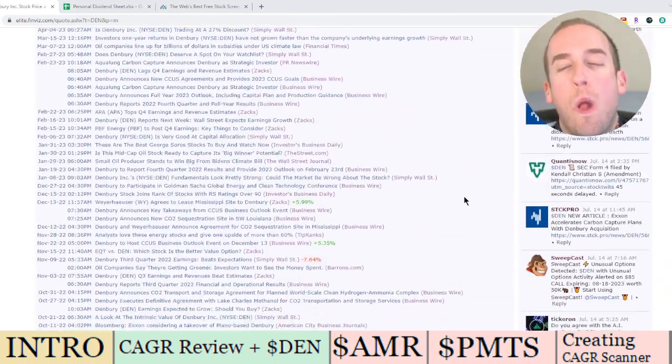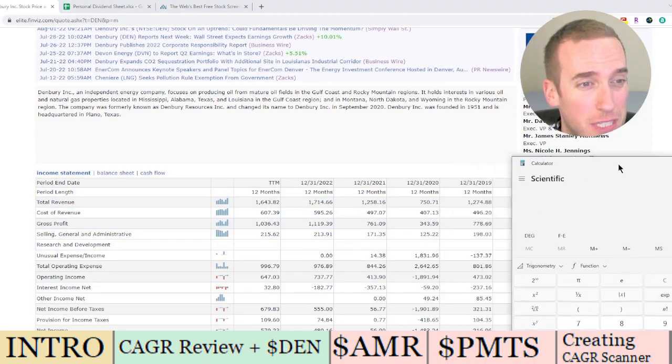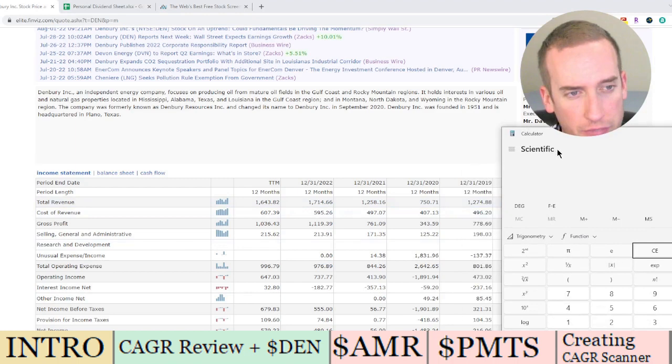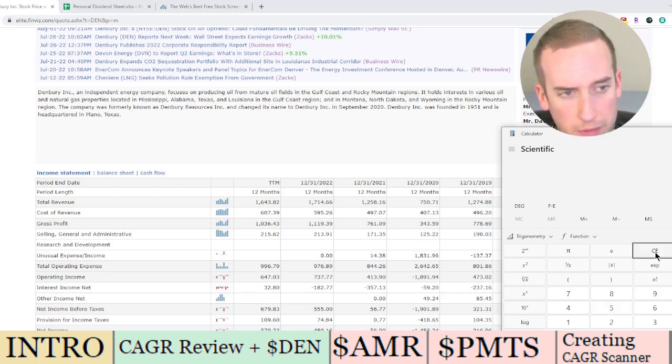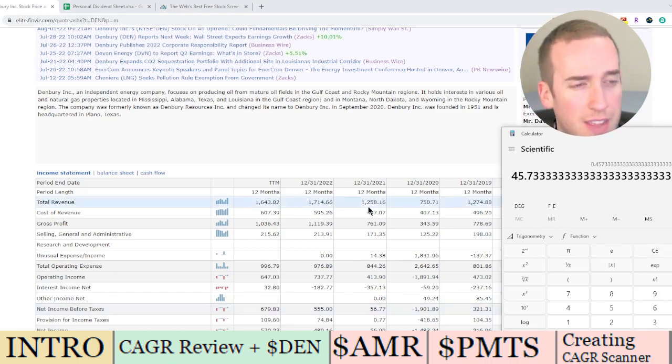So how could we have figured that out? I mean, we'll just look at gross margins, because gross margins in 2020 got spanked. Let's do 2019. So 1274 minus 496 divided by 1274 times 1. So gross margin 61%. Then it fell to, oh my gosh, 45%. That's not bad. So gross margins went from 60% down to 40%, and it's been holding well